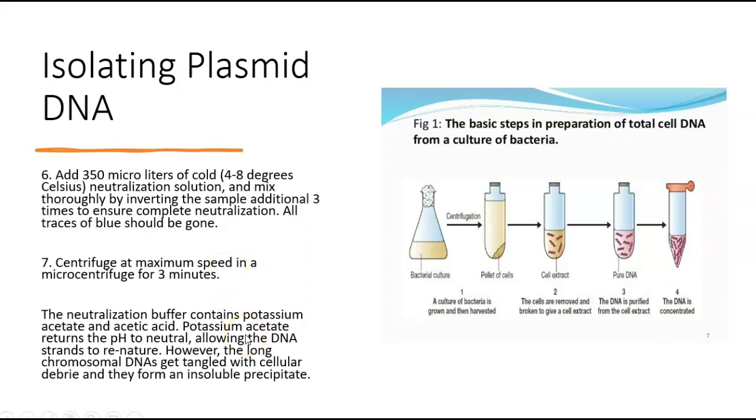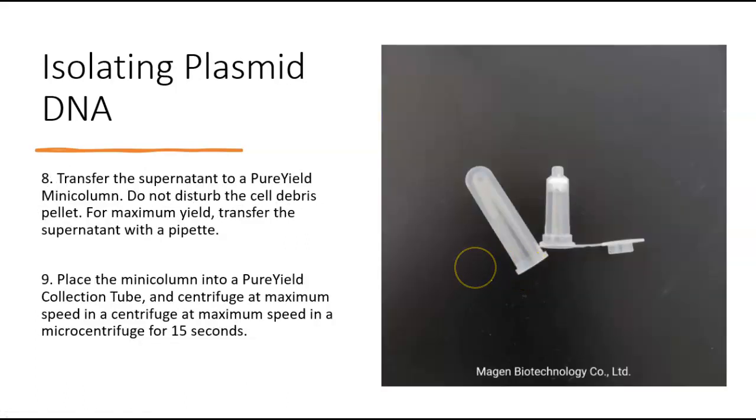What's going to happen is that the DNA of the plasmid is going to get renatured, but that long chromosomal DNA is going to get tangled with other cellular components that you don't want anymore, and they're going to form an insoluble precipitate. So at this point, what we want is the supernatant, because that's where the plasmid DNA is going to be, and whatever is at the bottom of the tube is the other components of the cell that we want to get rid of. So you're going to transfer the supernatant to a PureYield mini column,